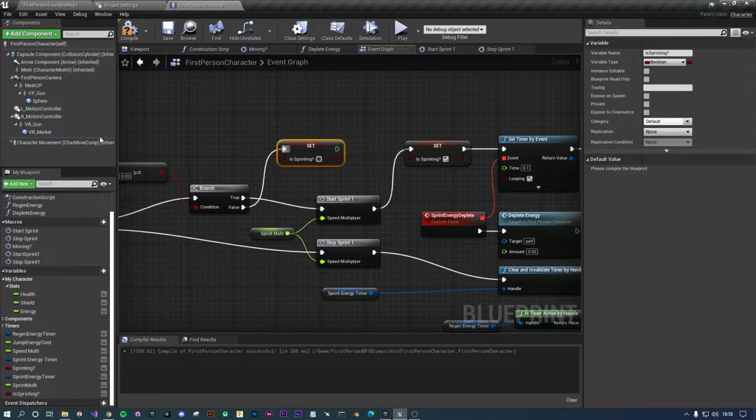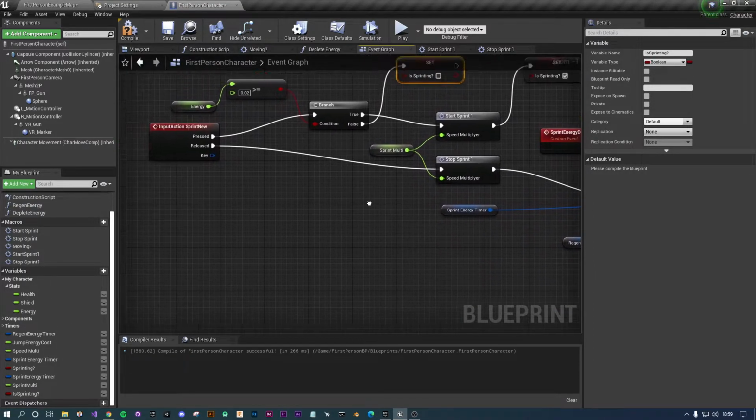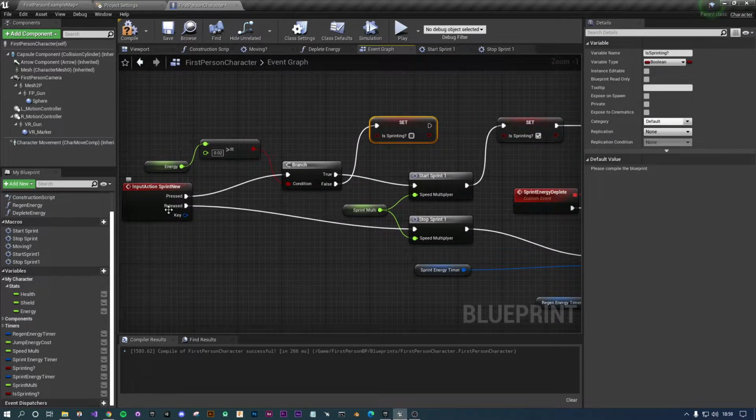So it's: do you have enough energy? Yes. Great, we're sprinting. Do you have enough energy? No. Let's just make sure that we set sprint to false, just to prevent any errors, just in case there's anything else we've not considered. So now what we can do is we can say, if I press this, do this check times my thing. If I release it and I'm sprinting,